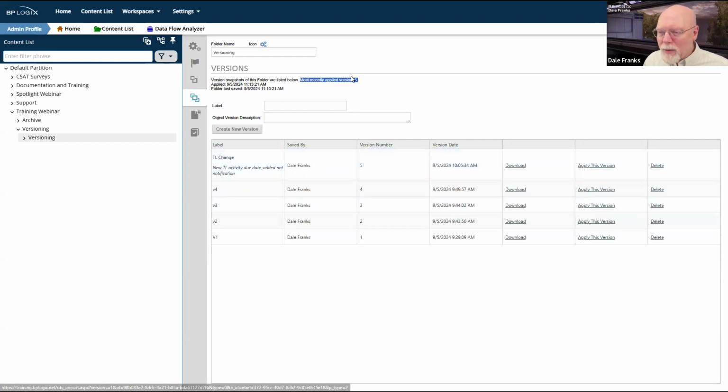It literally doesn't update unless I click this button. So confusing, don't like it. So the easiest way to avoid that confusion is just to apply this version. Look, if you are in an organization where you and maybe one other person does all the development, it's probably not that big of a deal.